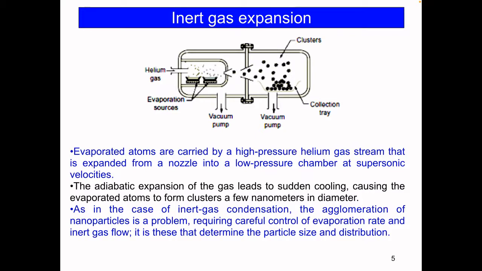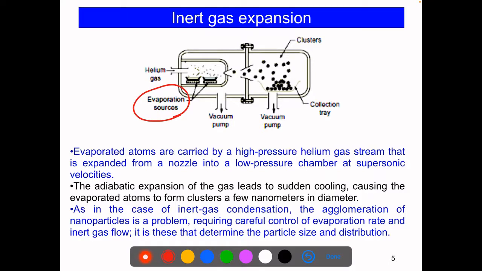That's another approach for gas phase synthesis, which is inert gas expansion. Again, we have, as you see, some evaporation sources. Okay, and then we have an inert atmosphere again, and in here we change the pressure. So evaporated atoms are carried by a high pressure helium gas stream that is expanded from a nozzle into a low pressure chamber at supersonic velocities. The adiabatic expansion of the gas leads to sudden cooling, causing the evaporated atoms to form clusters a few nanometers